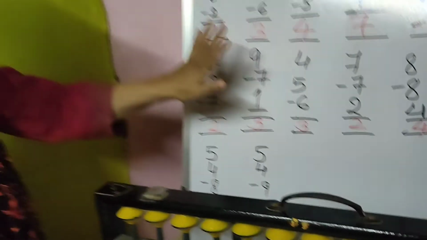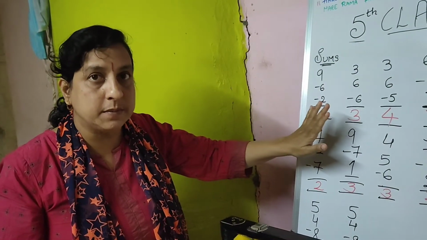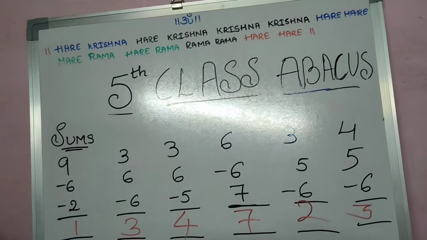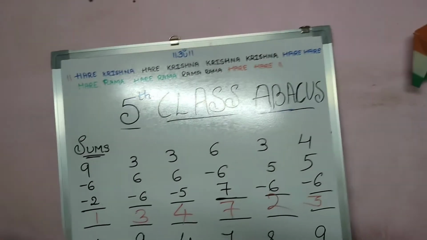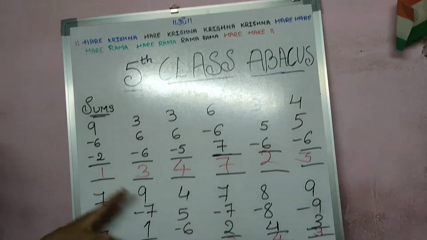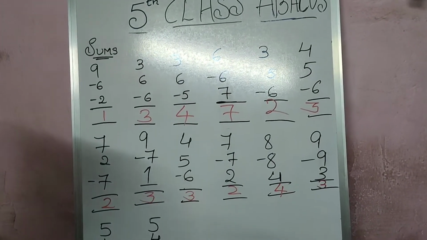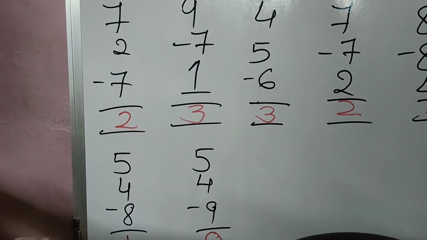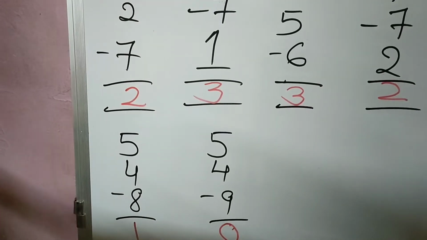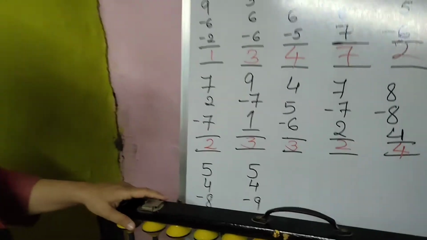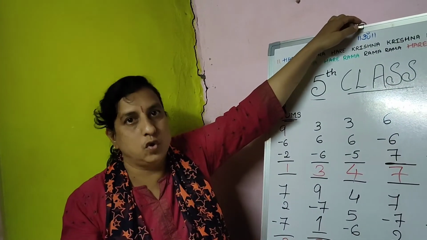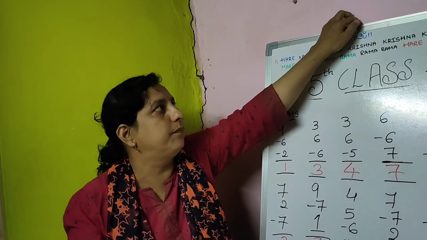Okay. Pause the video. Take down these sums. Do the same sums 5 times. Don't copy this answer, but you should get those same answers. One sum you have to practice 5 times. One row 5 times. So some homework I will give now on this. Take down that homework, then I will explain about friends.